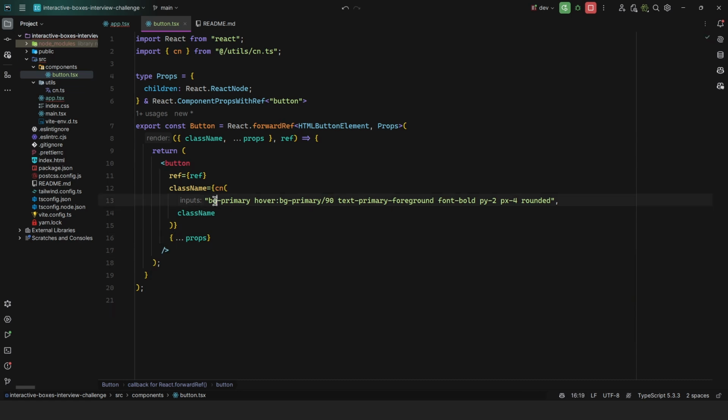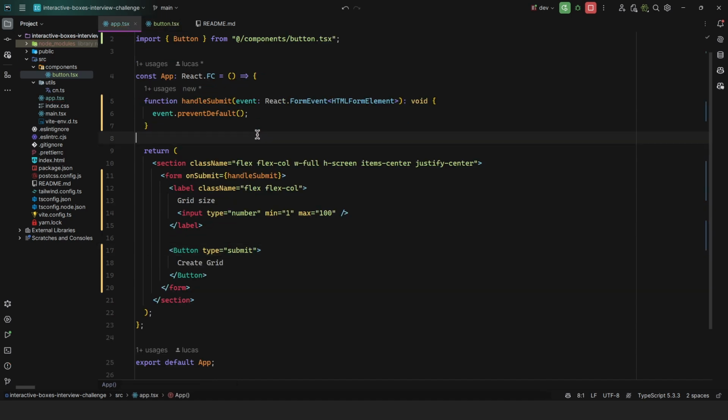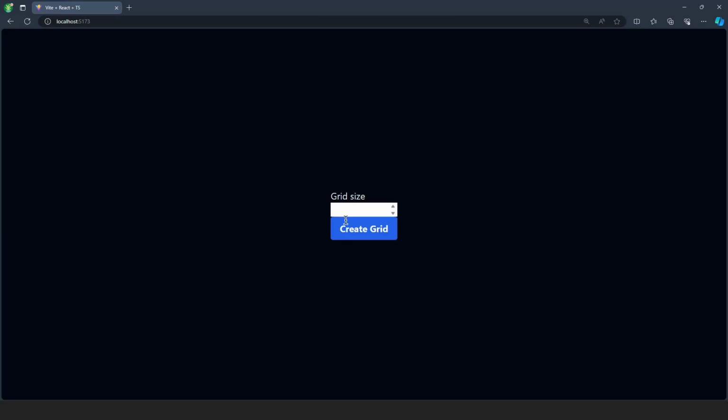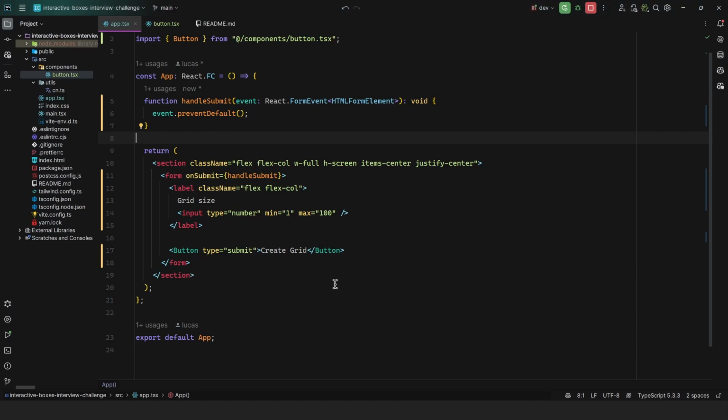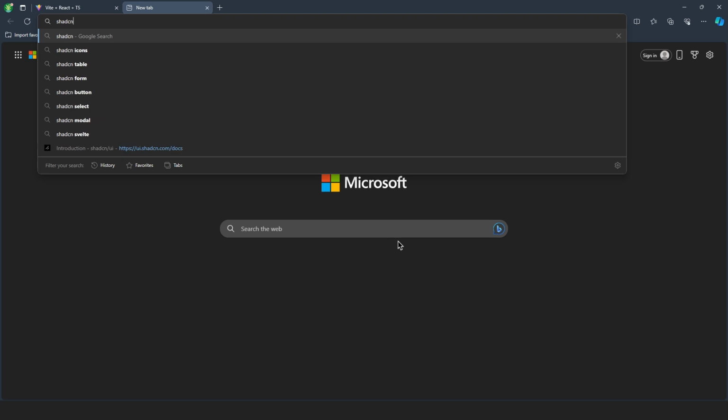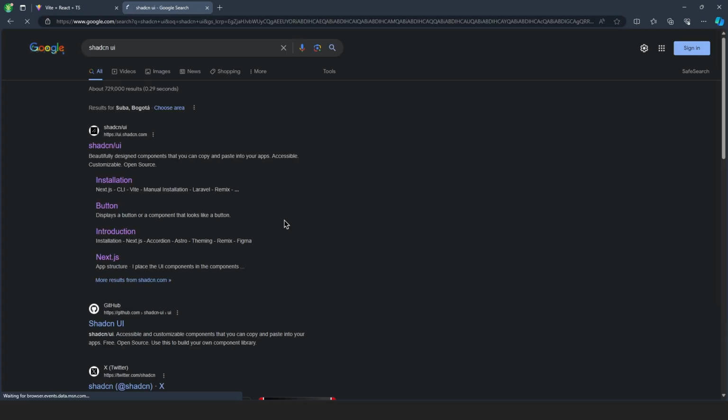So we can save this or make it more concise, and now it works. So if I save this and then come back here, we get this nice button. Now I'll not be styling the input, although what I could do, just as a quick solution, I could come